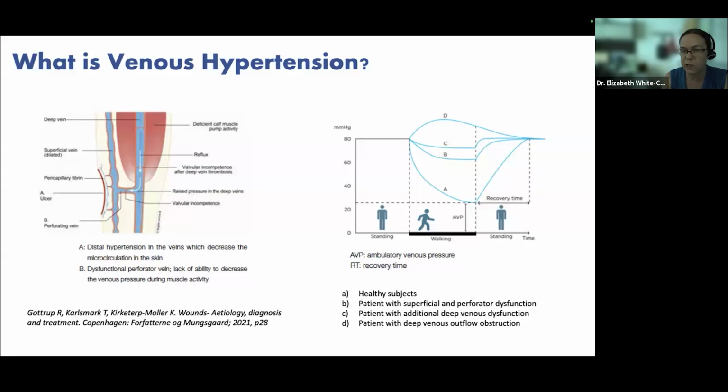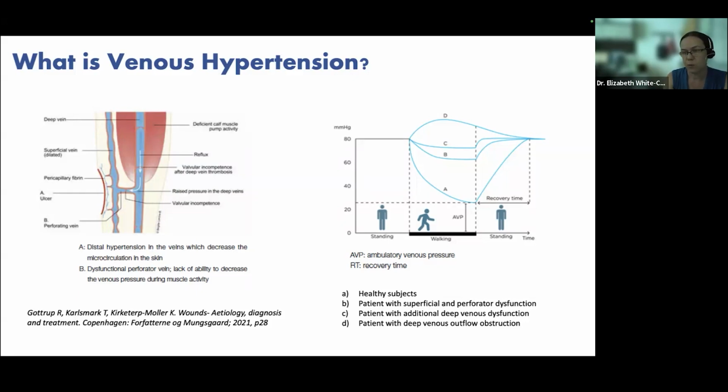So this is a good diagram here that shows an ulcer on the left side of the leg here, and looking at this superficial system and what they even call fibrin cuffing. And that's where you'll have these pericapillaries with their fibrin will start to cuff. And that's the theory about how the wound might occur in this setting of where you're having high blood pressure in the veins, decreasing the microcirculation and potentially causing a local ischemia and wound ulceration. Especially if you have a dysfunctional perforator vein, those communicating veins, then you can't release that venous pressure very well.